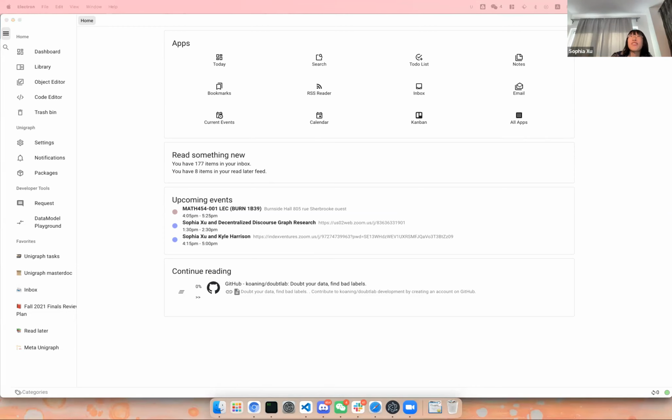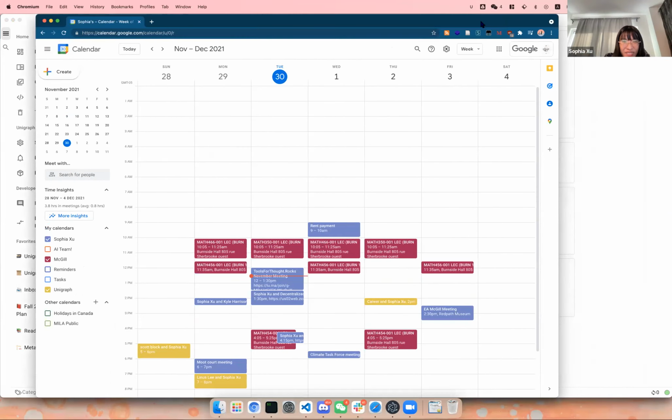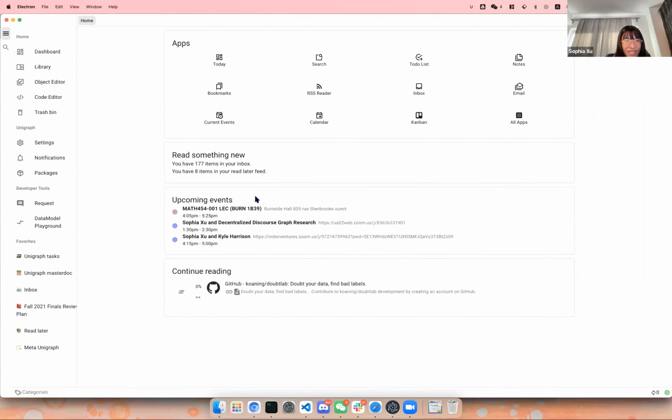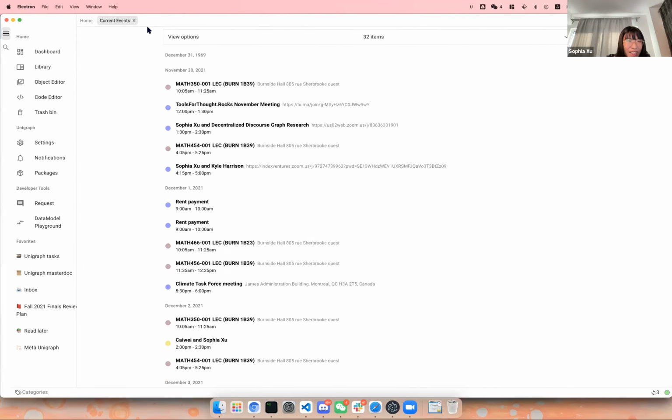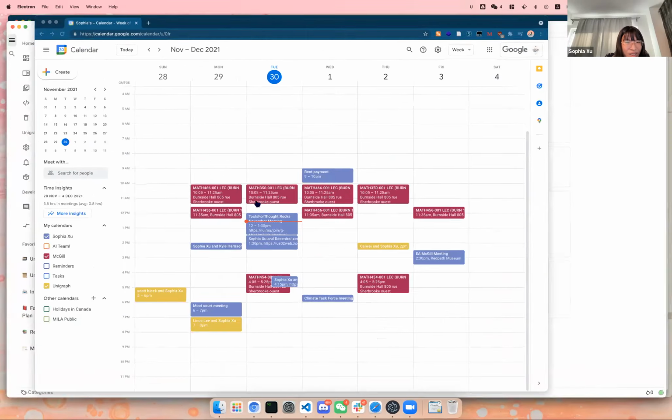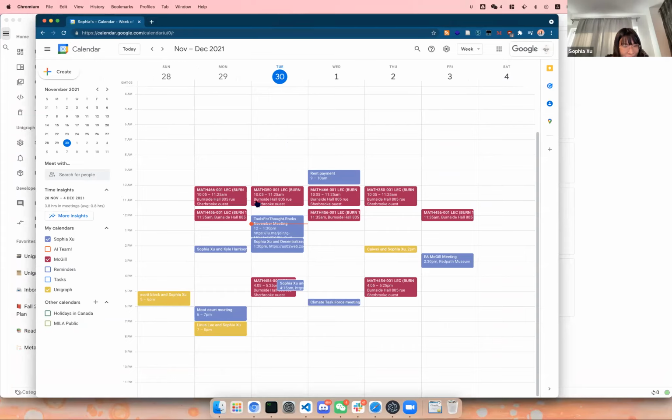For example, I can show you my Google Calendar right now. Everything I have here is on my Google Calendar. So Unigraph basically just syncs to my Google Calendar, because I do not want to edit this in Unigraph. I have Calendly plugged into my Google Calendar, so everything will be synced to my Google Calendar first, and Unigraph will sync with the Google Calendar next. So it's more like Google Calendar first. Same thing with Gmail. I do everything on my email account, but not in Unigraph.